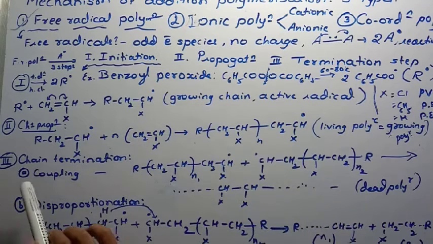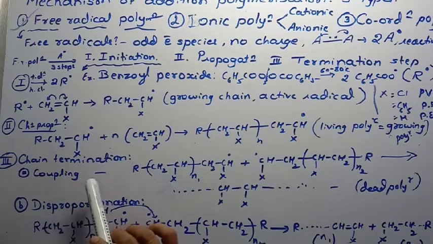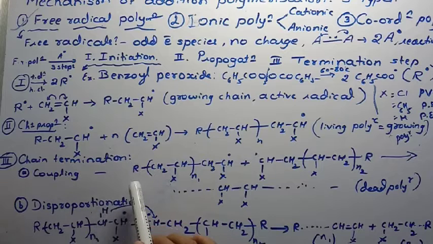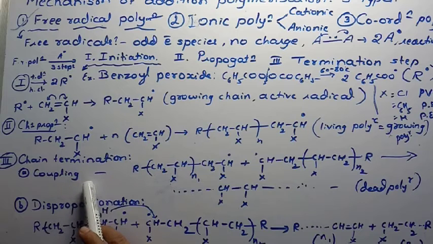So the third step is the chain termination step, where the lengthening or growing chain is stopped. How to stop? How to get the neutral molecule? In the termination step, there are two methods. One is by the coupling method and the second one is